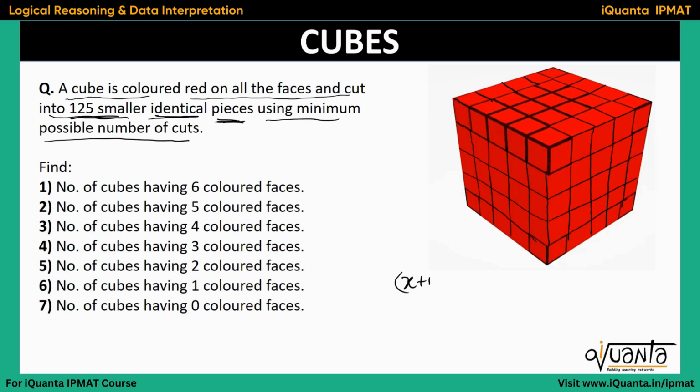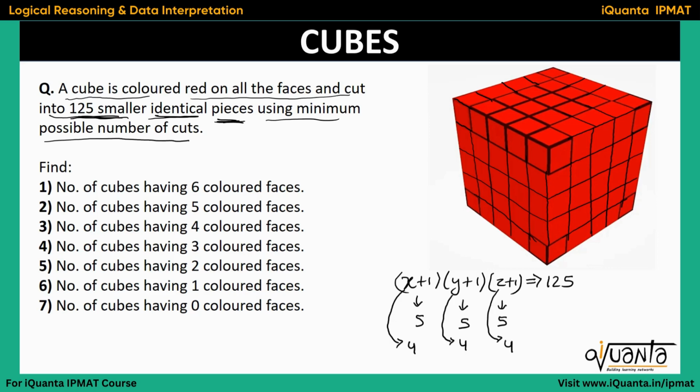So the number of pieces formed after making such cuts would be (x plus 1) into (y plus 1) into (z plus 1). Now we have to make the number of pieces equal to 125. So this must be equal to 5, this must be equal to 5 and this must be equal to 5, which means that the number of cuts in the x-axis would be 4, the number of cuts in the y-axis would also be 4, and along the z-axis would